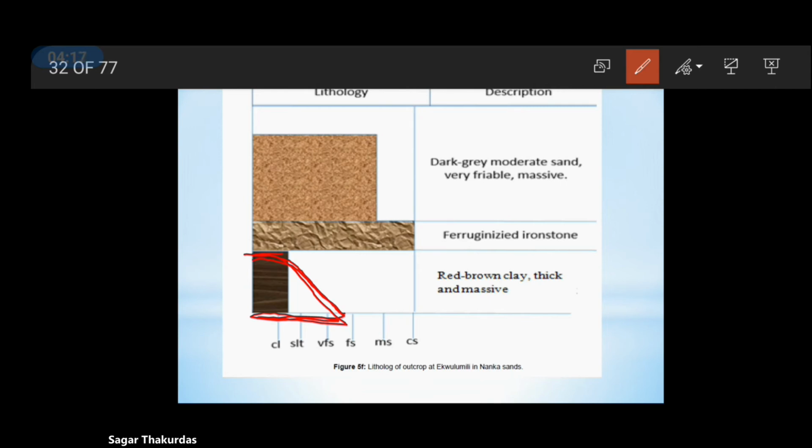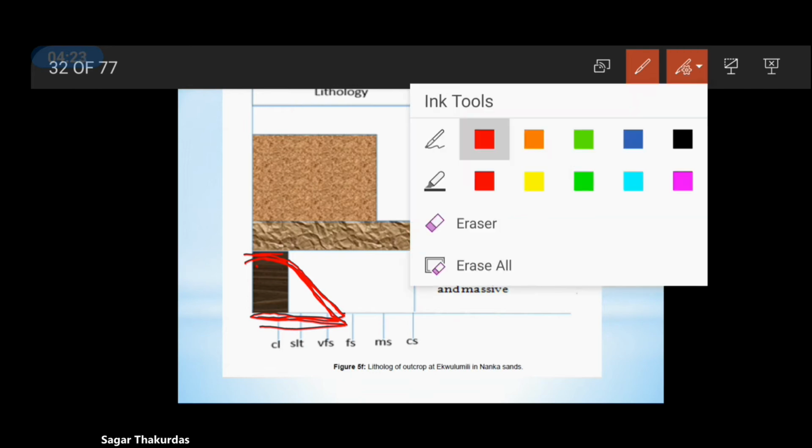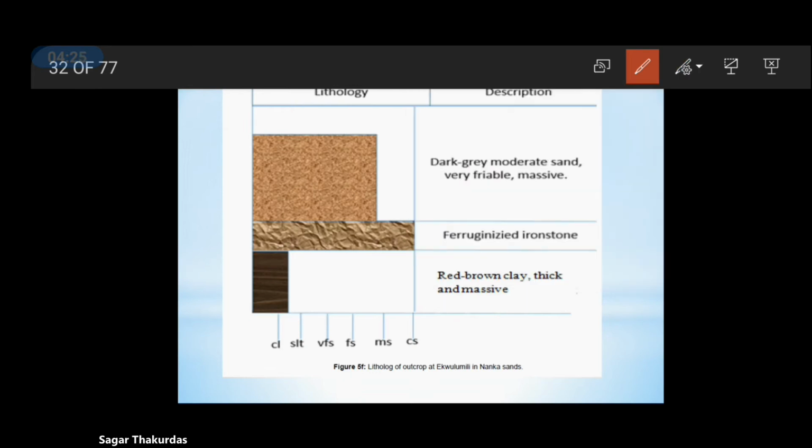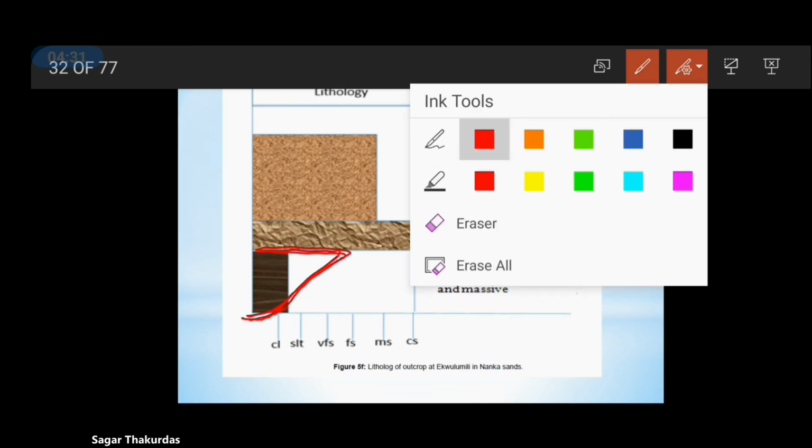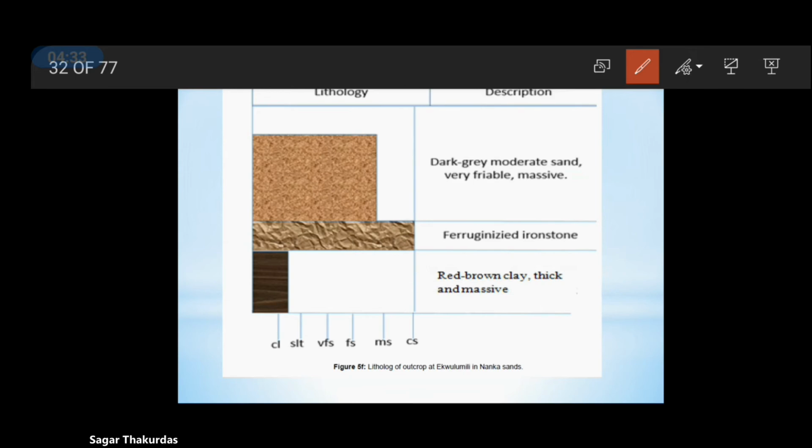Okay, so this is a bell shape and this becomes inverted bell shape. Okay, or the one which is represented here is block shape.